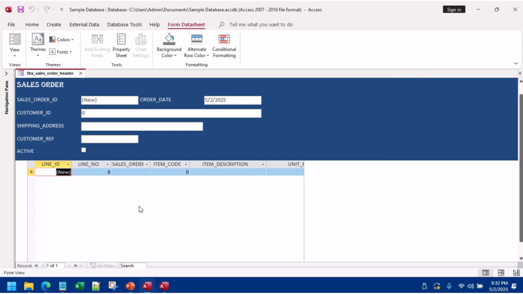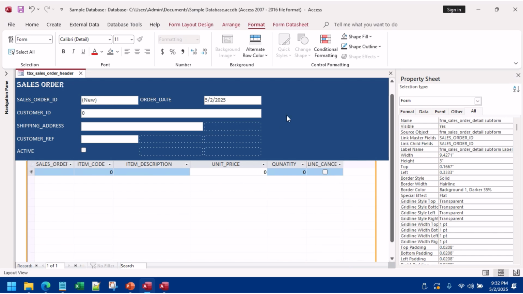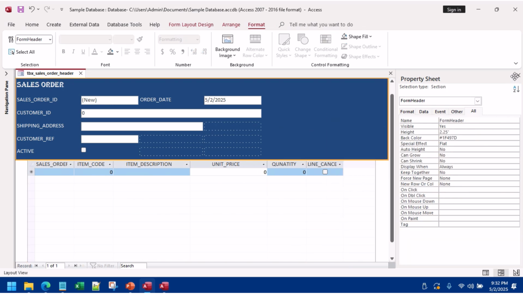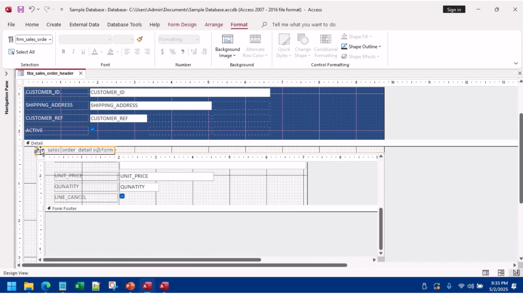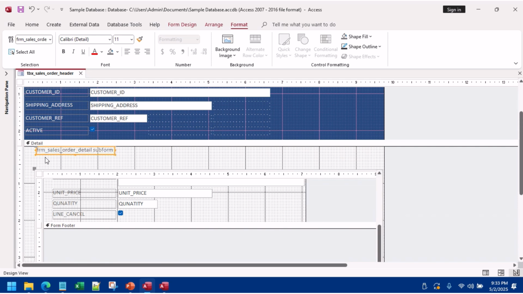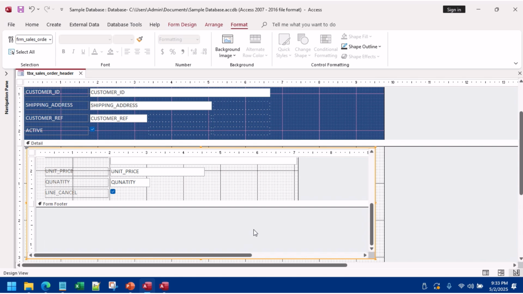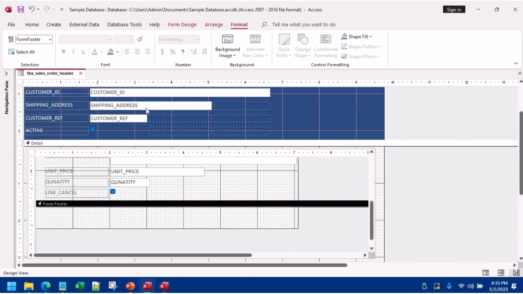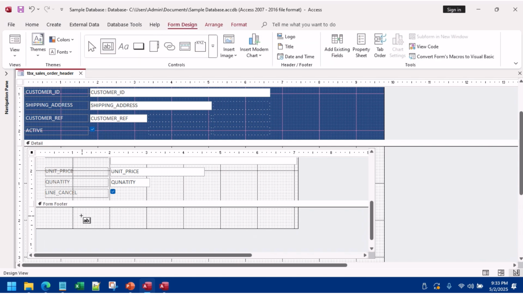Now if you look, we have a tabular view, datasheet view, which is not much attractive, so we'll change it to this. Remove label, delete it. Create a corner at the bottom, footer, we need 2 text boxes. Form design, text box 1 and text box 2, okay, and arrange these as tabular or stacked,